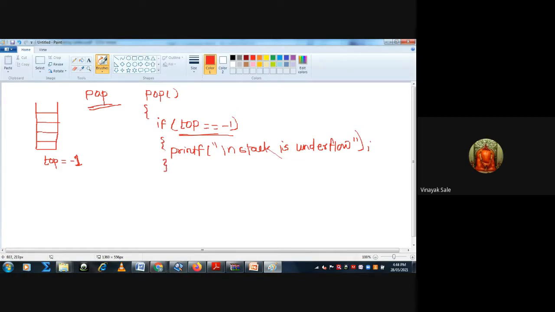If this condition becomes false, that is else, there are some elements present in the stack, suppose there are 3 elements and top is now 2. If top is not equal to -1, then go to the else statement.